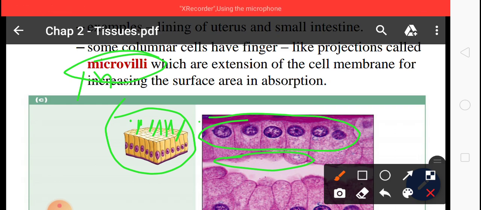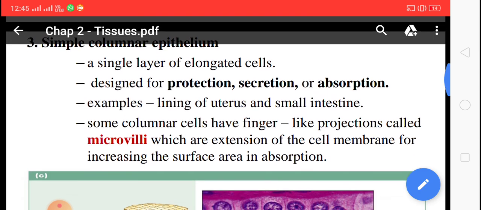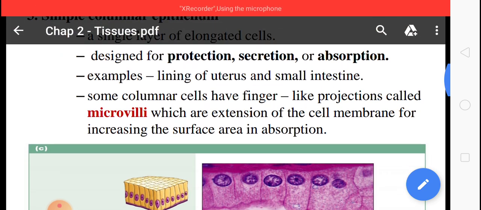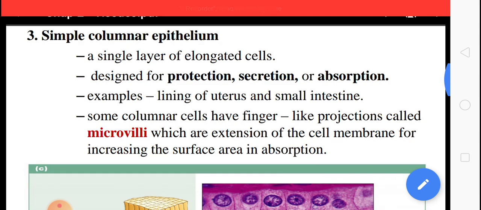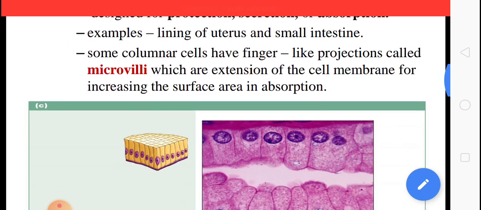And what is the function? The columnar epithelium functions in secretion and absorption, and it provides mechanical support to the organ. So it is designed for protection, secretion and absorption. And now we have to see here